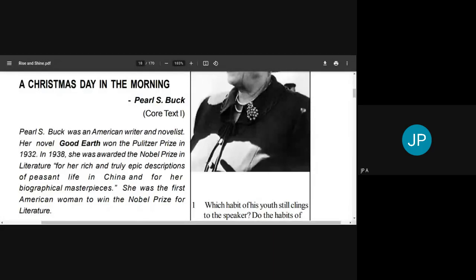So what the Nobel Committee wrote, this is a quotation from what the Nobel Committee wrote. She was given the Nobel Prize for her rich and truly epic descriptions of peasant life. Peasants means farmers, okay, farmers. So she has written about the peasant life in China and